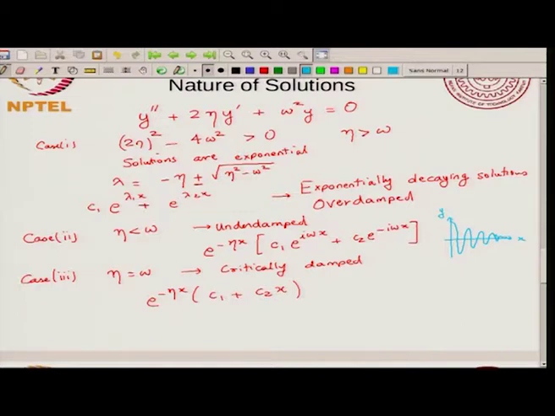Okay. So, this is what happens in the underdamped case. In the overdamped case you do not see any oscillations, you just see exponentials. Since they are negative exponentials, you will just see something like this. And the critically damped is just at the boundary when you are about to get oscillating solutions. So, you do not have oscillating solutions, you are just about to get, right when you are going from exponential to this exponential multiplied by oscillating solutions.